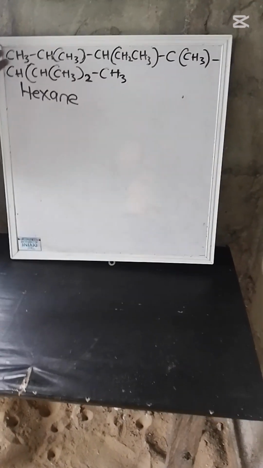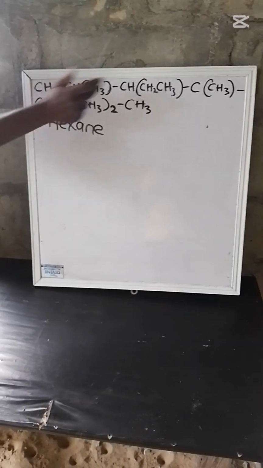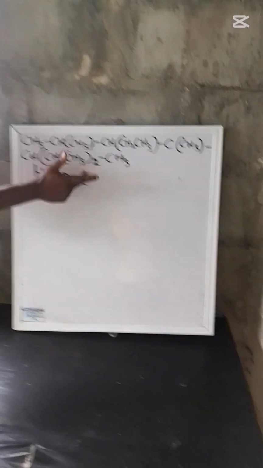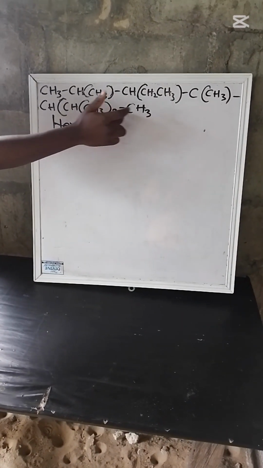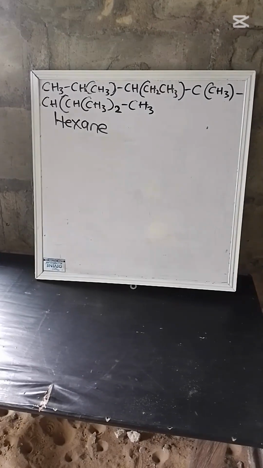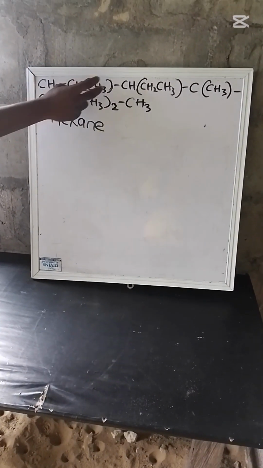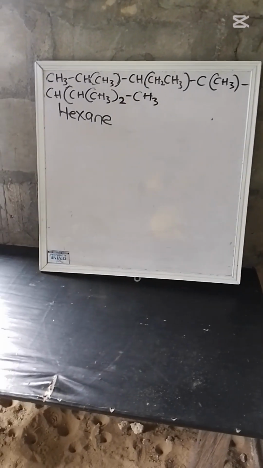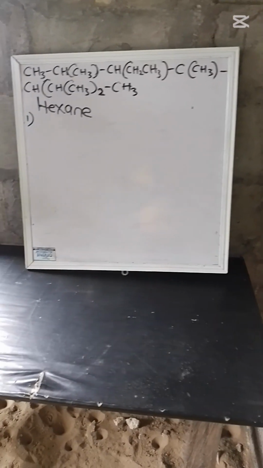But assuming there is no substituent here, there is no branch here, it will be 1, 2, 3. The right will be 1, 2. I'll start counting from my right because I said you count from the lowest to the substituent. So now let's count from our left. We have 1, 2. You can see that there is a substituent here. But before that, let's bring all of them down for easy